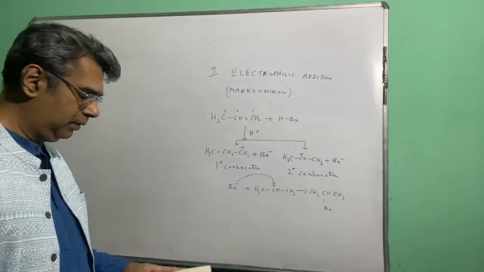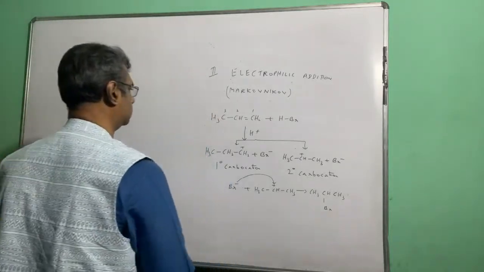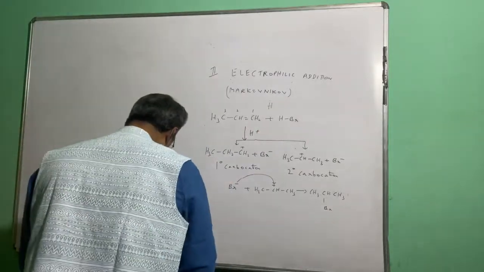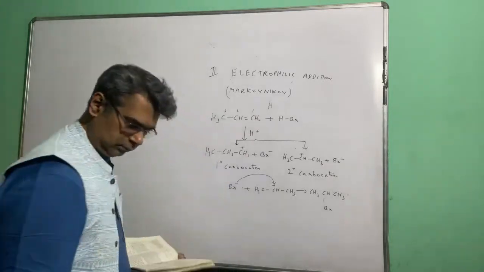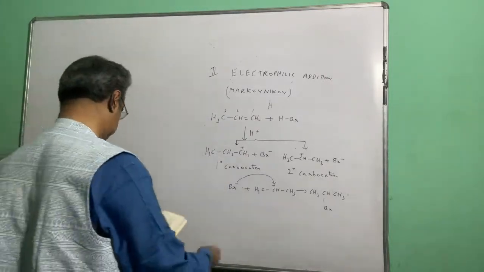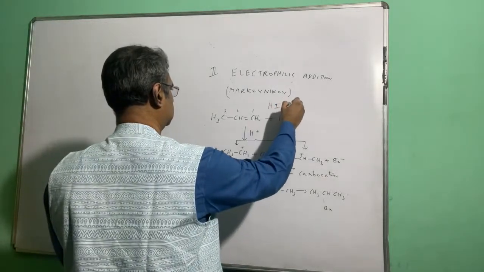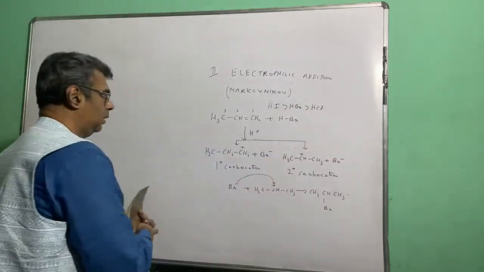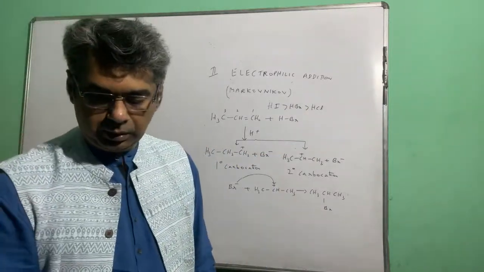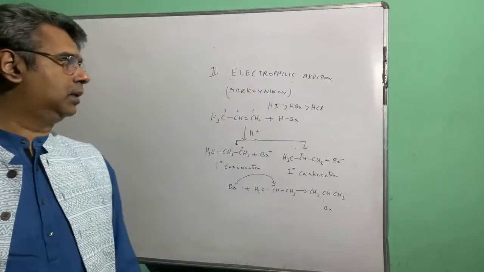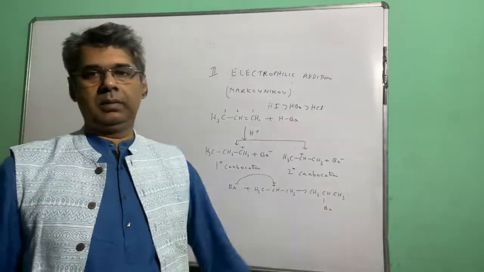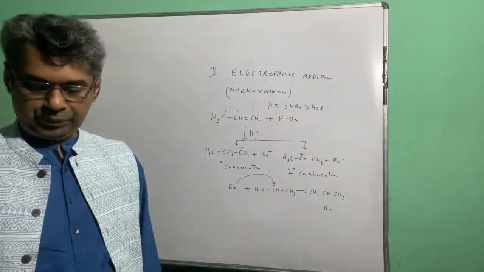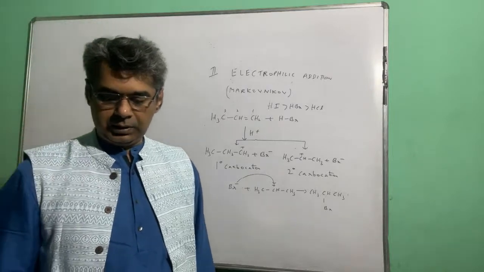Speaking of HBr, the reactivity order for halogen acids is HI greater than HBr greater than HCl. Just remember this reactivity order, HI greater than HBr greater than HCl. So the important thing here is that